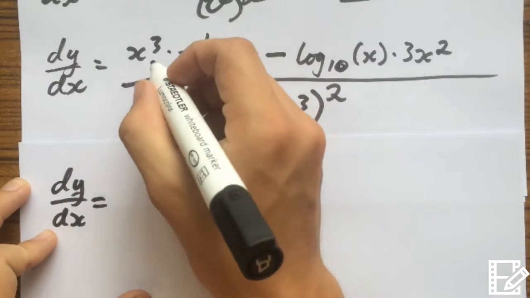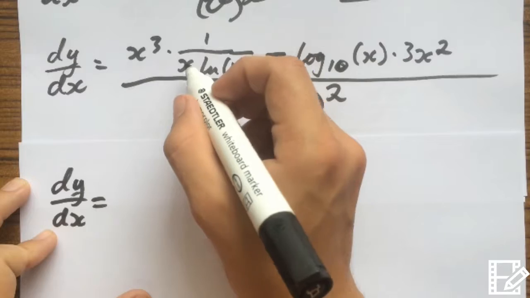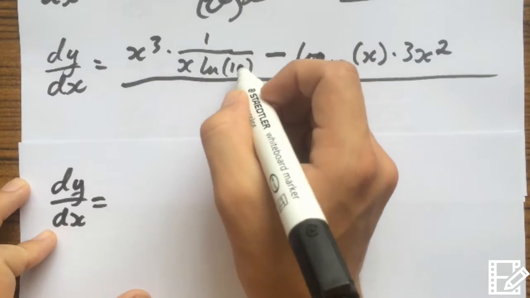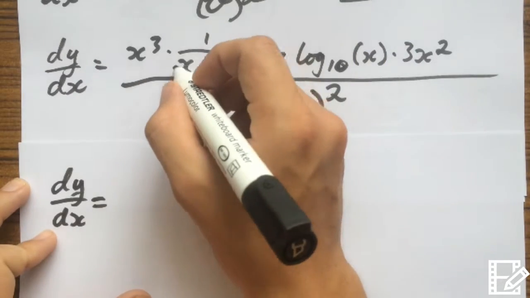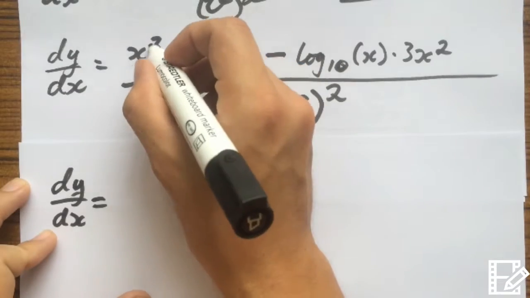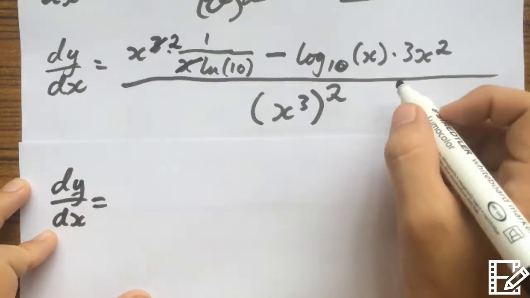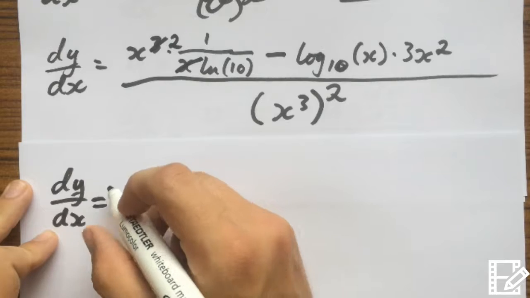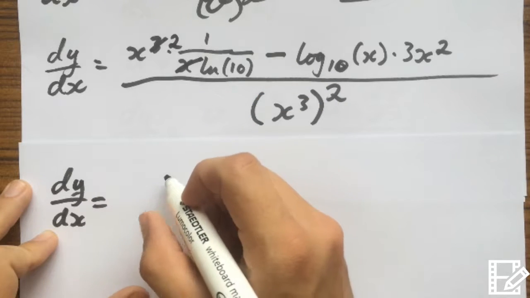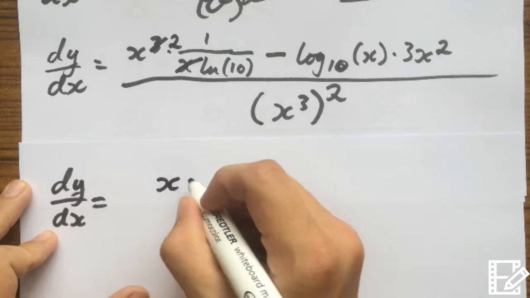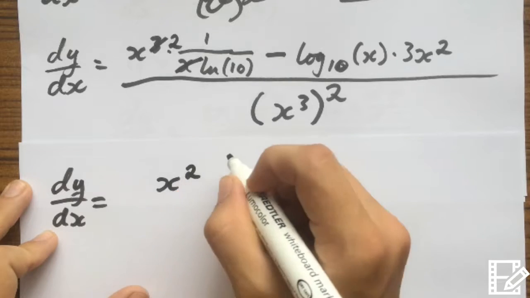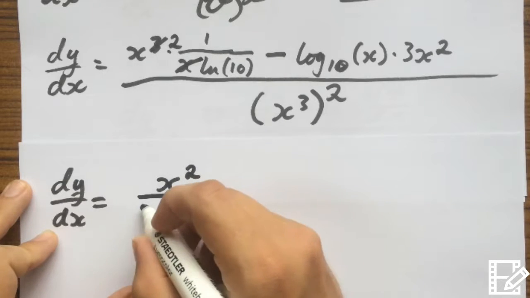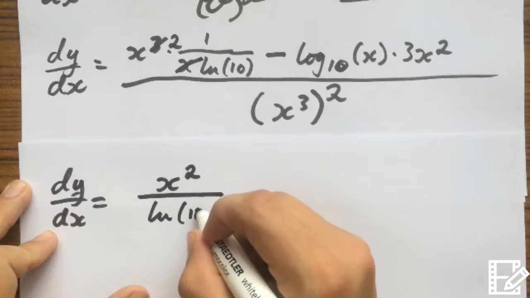So essentially, it'll be x to the power of 3 divided by x multiplied by ln 10. So we can get rid of the x and take 1 off the power and make it a 2. So that means the first part will look like x to the power of 2 on ln 10